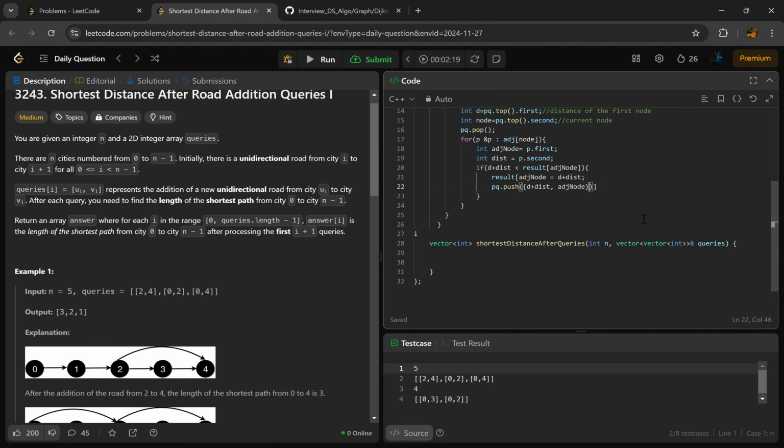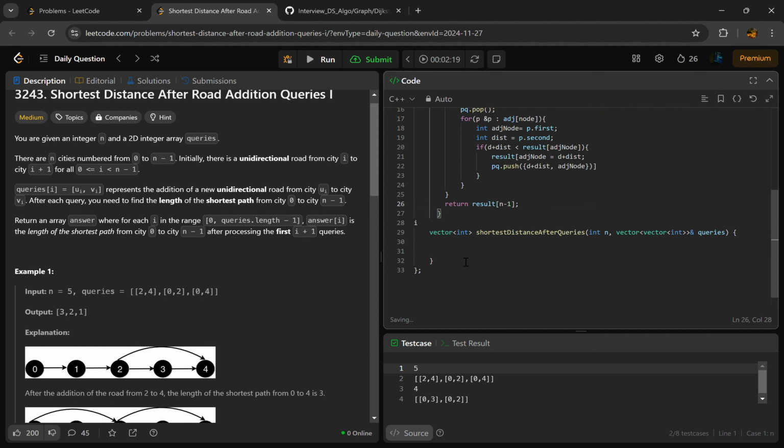Wait, let me check. Okay, no, we have to return the result of n minus 1, right? After this, what we have to write is, we have to take a vector named result,